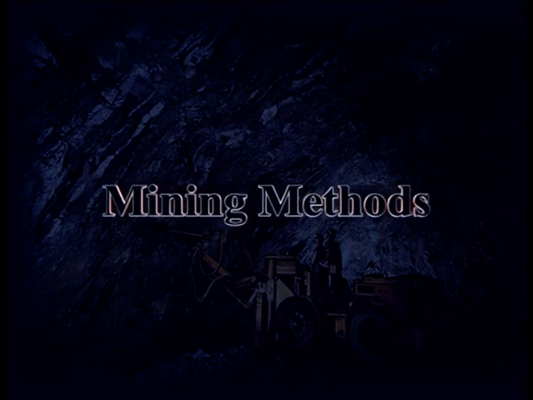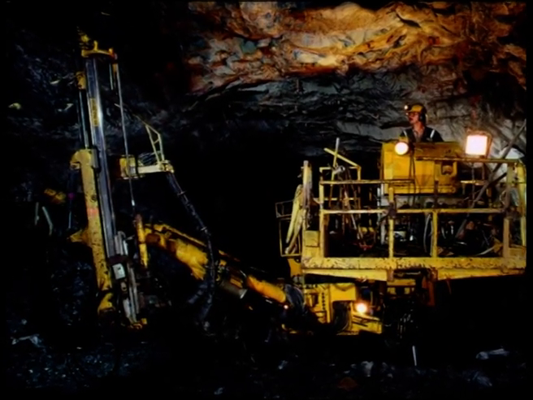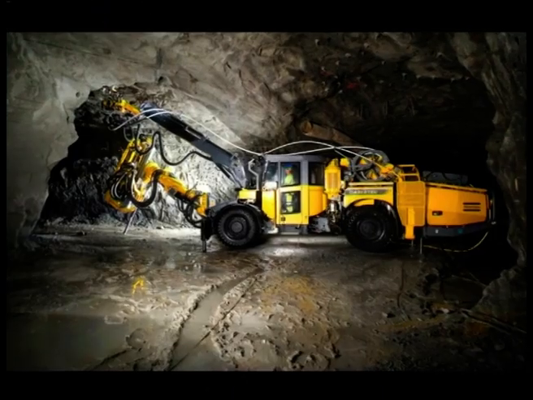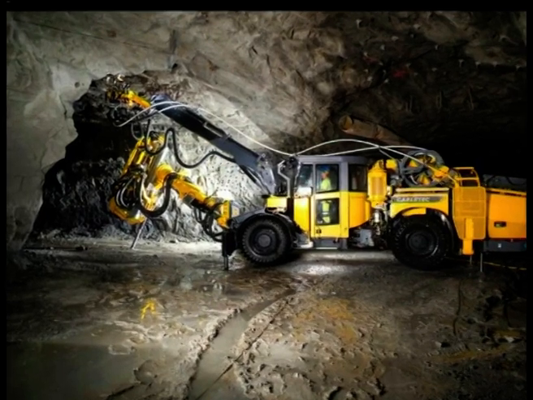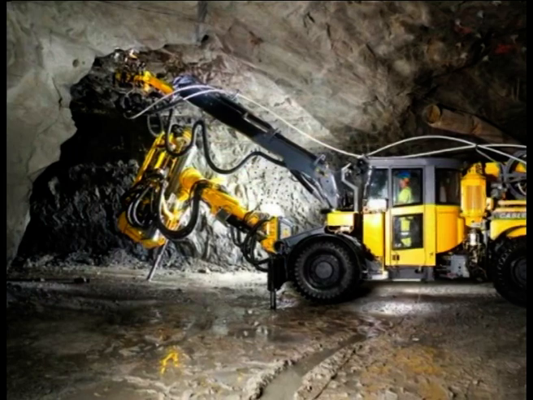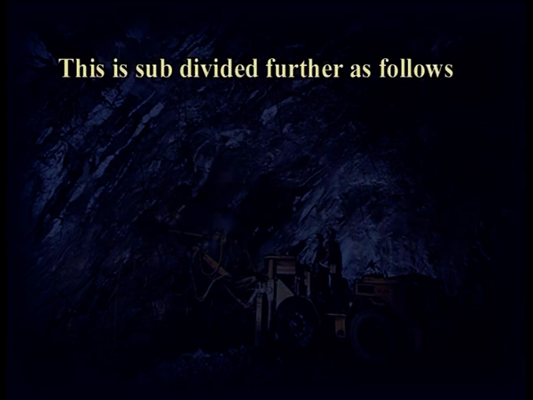Underground mining systems consist of workings that may be naturally supported or artificially supported, or may be allowed to collapse as part of a caving method, depending on their location in strong to weak ore and wall rock. The principal methods of underground mining are as follows. A. Stopes with naturally supported openings. This is subdivided further as follows.